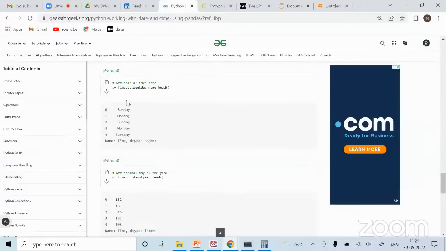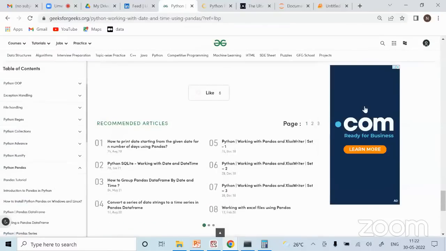Week name. In fact, you can give weekday name also. Sunday was, Monday was, all these things. Because many times there are certain things where it is very particular whether it was a weekend or not, whether it was a weekday or start of the week, end of the week, mid of the week. So that's why you may have to do day-wise analysis also, like whether it was a Sunday, Monday, Tuesday. Okay, cool.